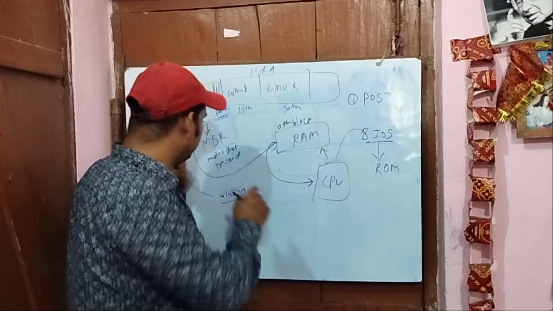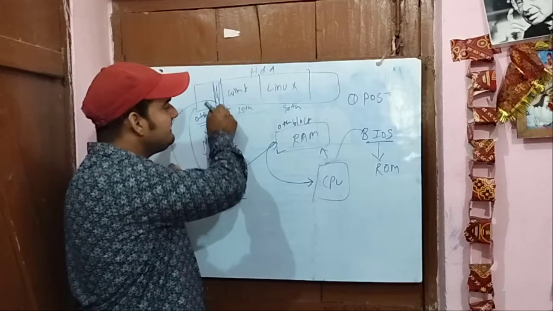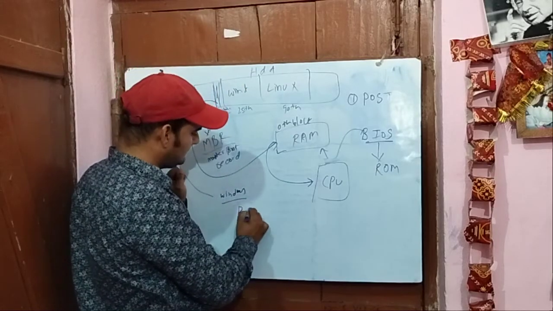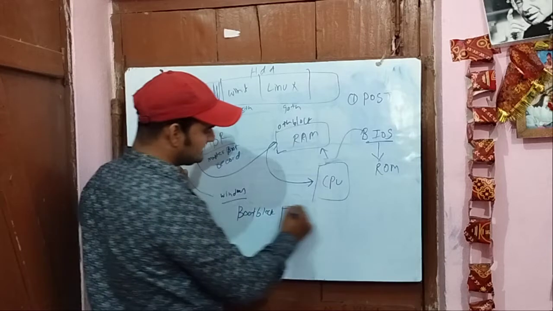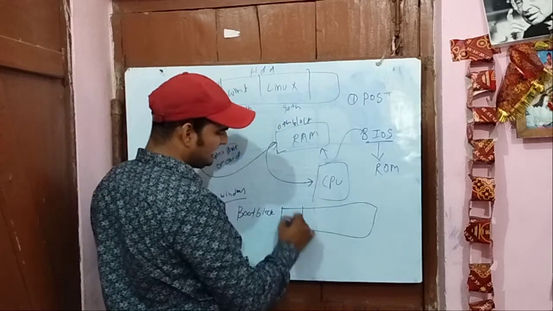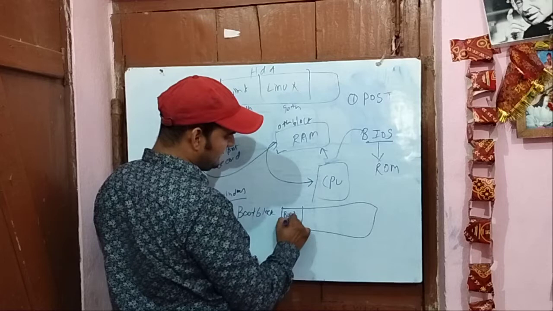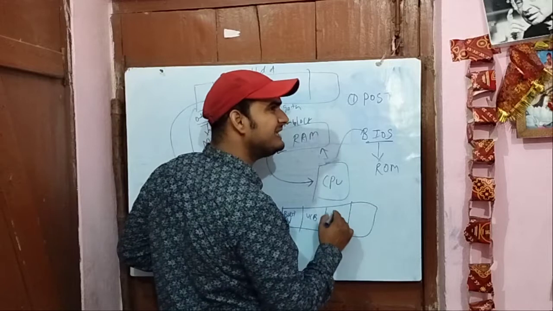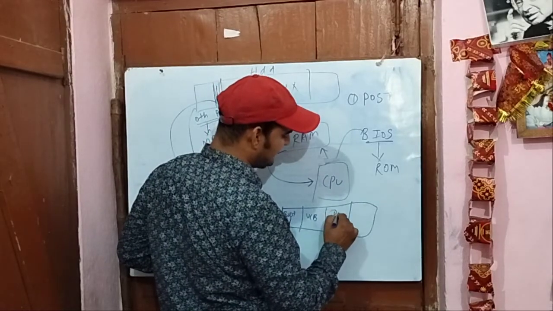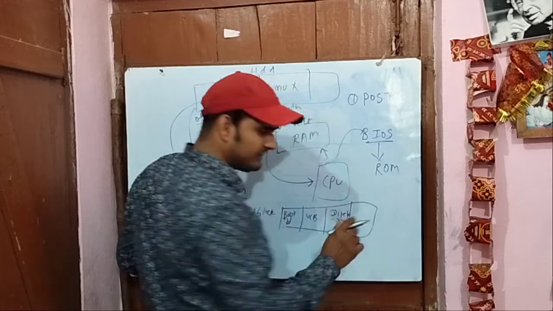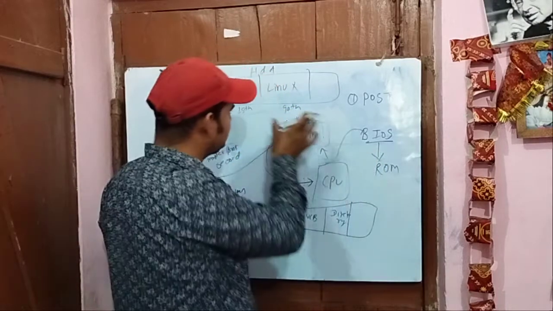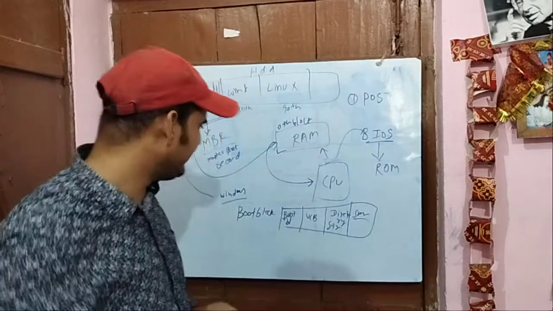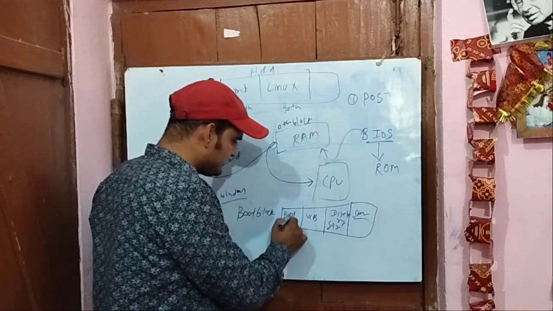So from this partition table information, it will get into the Windows block, and the first block of Windows is called the boot block. So the first block of any operating system is called the boot block. There are various blocks, like the boot block, the volume control block, the directory structure of that complete operating system, and space management blocks. But the first block of any operating system is called the boot block.